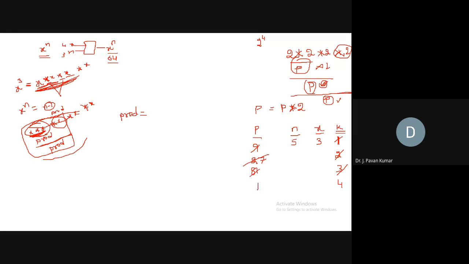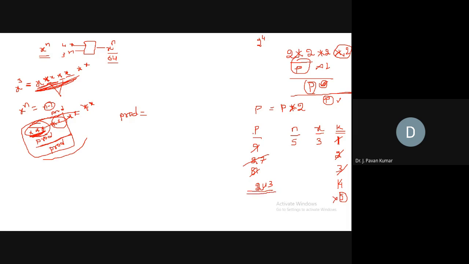Then we will get a new P value. What is this? 243, I think. Now, this K, if you increment, it is going beyond N minus 1. Then we will stop the process and we will return P value. That is, we will display the P value.